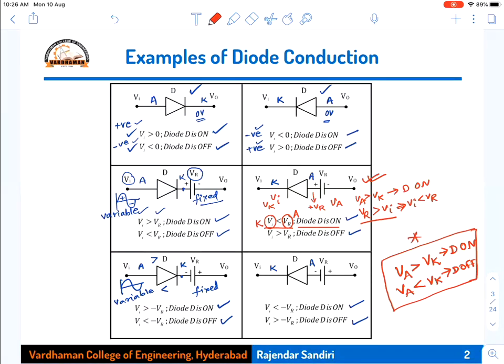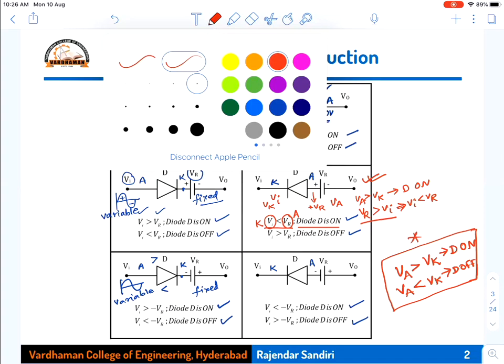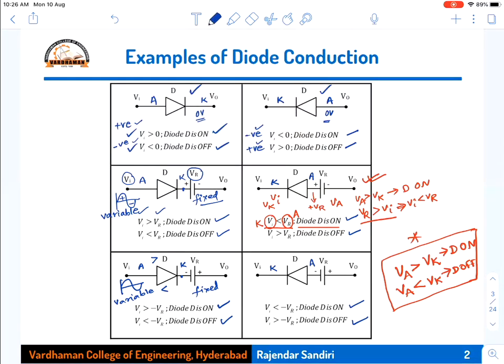Very, very important. With this knowledge, now we can construct the clipper circuits, and we can analyze when the diode is on and when the diode is off. On means you simply take the short circuit or a battery of 0.7 volts in the practical case; ideal is short circuit. And in reverse, if it is off, simply open circuit. That's all. We need not connect anything in place of the diode. Just remove the diode and make it open circuit when the diode is off. So that is about the diode conduction.